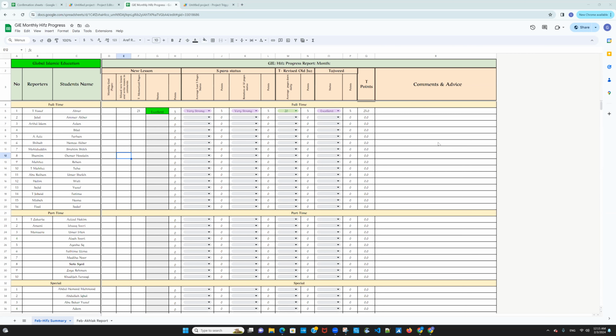Alhamdulillah, so far we have designed very well the GIA monthly Hifz progress report. So every month, at the end of the month, all teachers can use the information in this sheet. They can write the information in this sheet, and by entering the data,